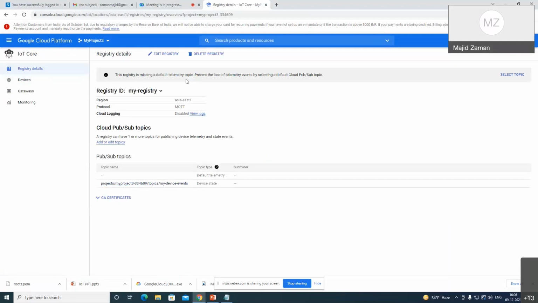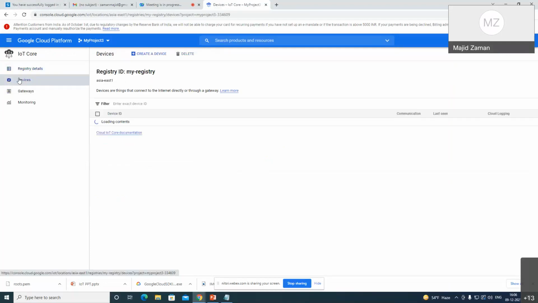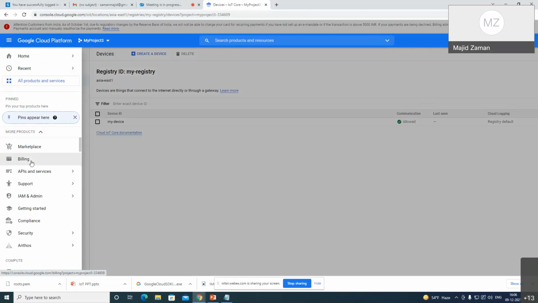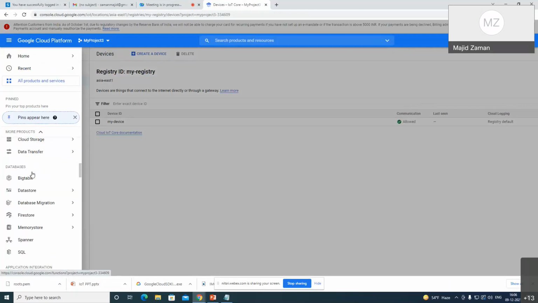In the device, you are supposed to have the public key, private key information. Once that is done, the devices are up. You will have my device where you have kept the communication allowed. Once this is done, then you can start getting the data from these devices. The device data is done, then you will go to the next part, and that is